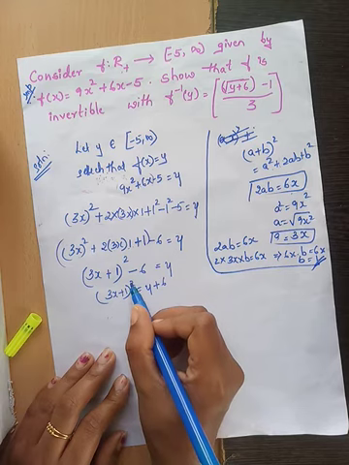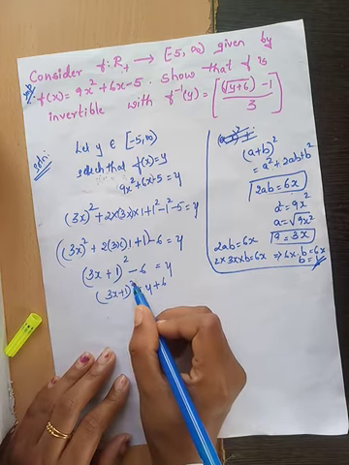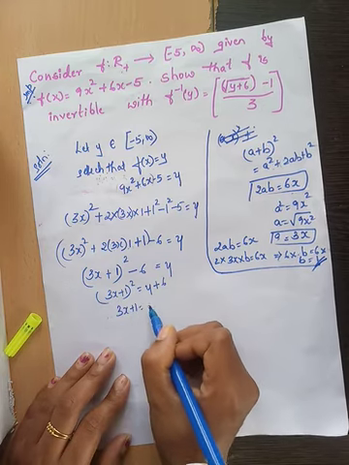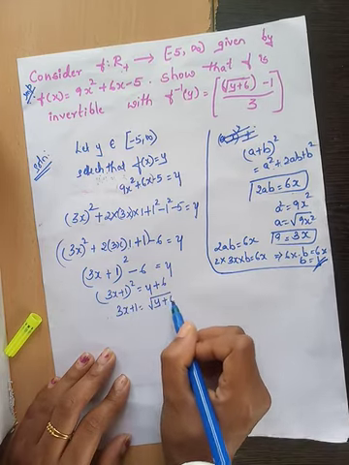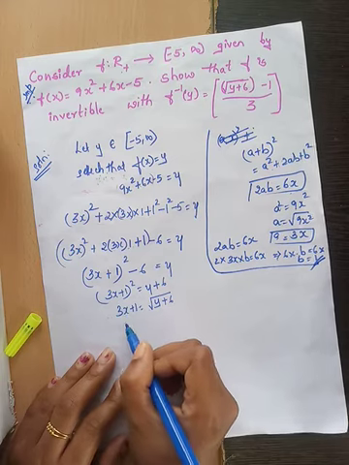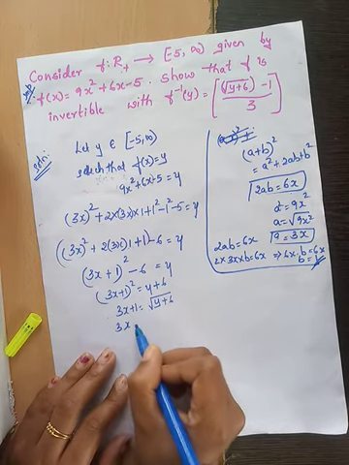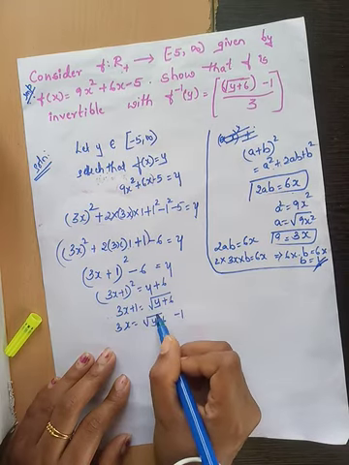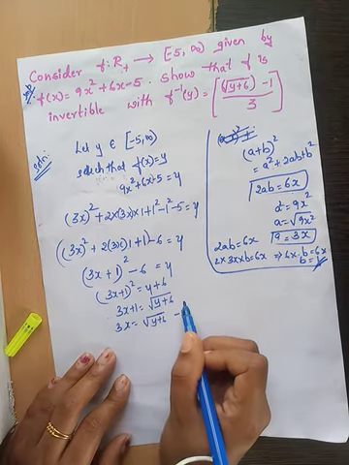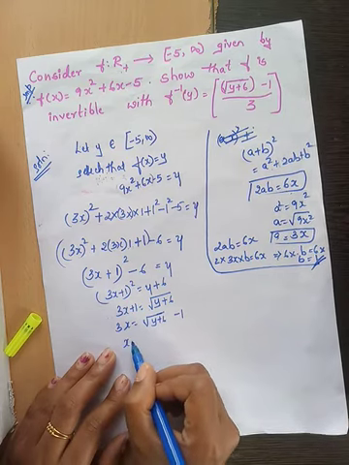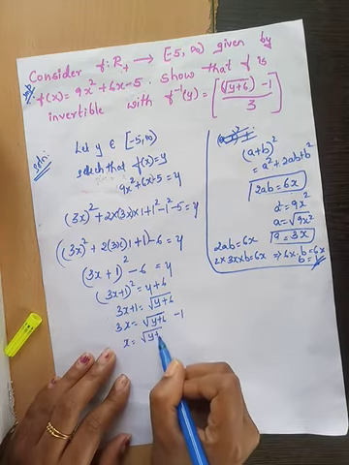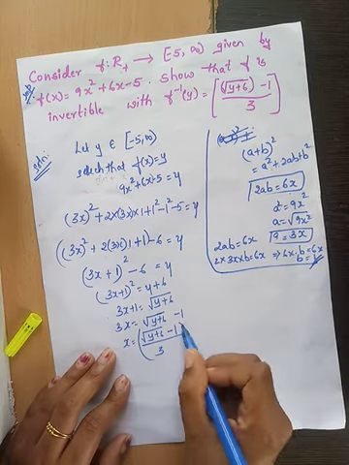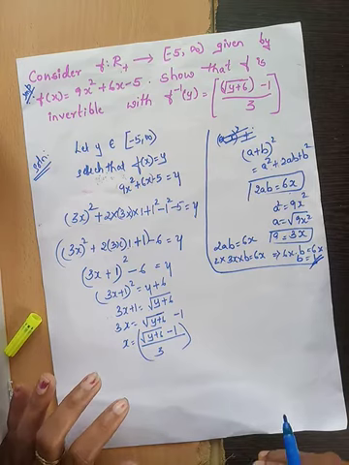So, now we have a square. In order to cancel the square, what will I do? I will take the square root on both sides. So, it becomes 3x plus 1 is equal to square root of y plus 6. I need the value of x. So, keeping x over here, it is square root of y plus 6 minus 1. This minus 1 is outside the square root, and x is equal to (square root of y plus 6 minus 1) divided by 3. So, now we have the value of x.